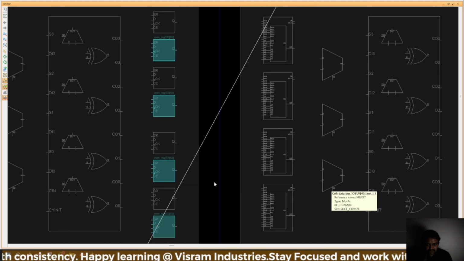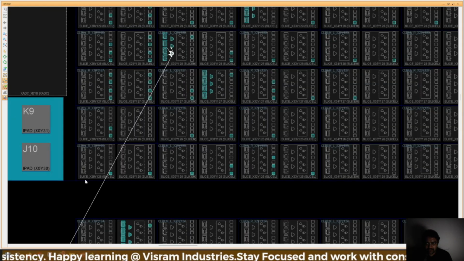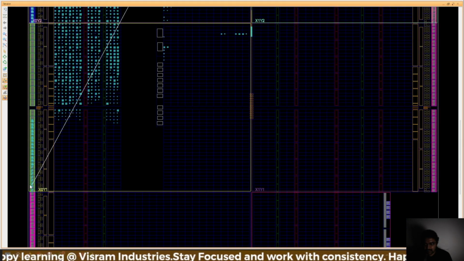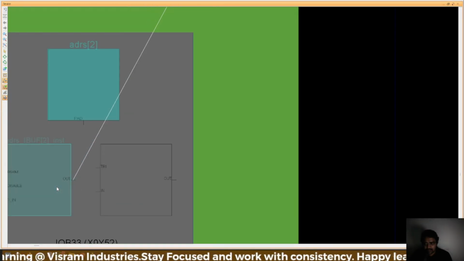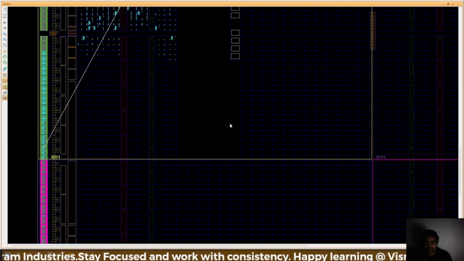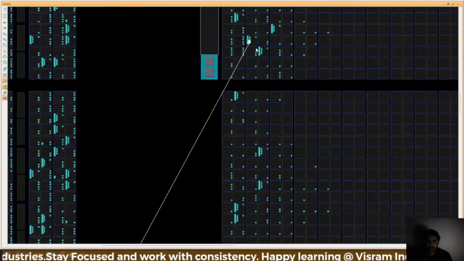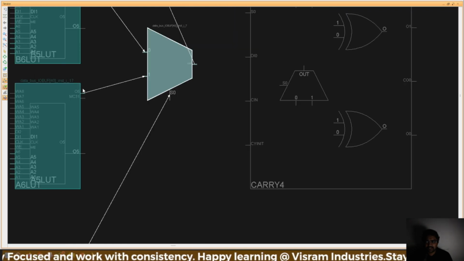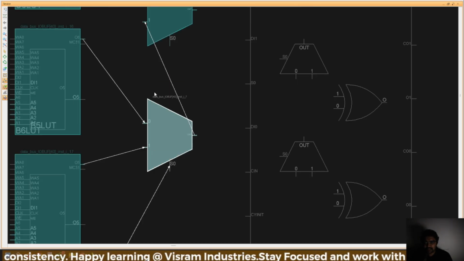So that S0 selection is somewhere here in the IO buffers again. So now let us say the output selection is 1 again. So that one output selection selects the data from this lookup table. If it is 0, we get it from this lookup table. So it is 1. So whatever data is available here is taken to this one point and